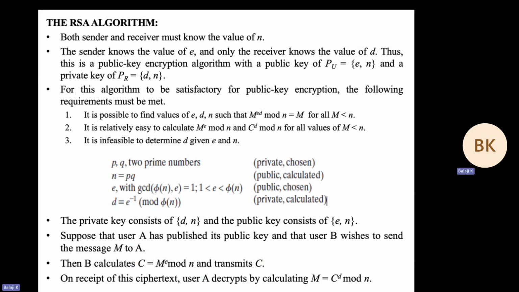Next point is it is relatively easy to calculate M power E mod n and C power D mod n for all values of capital M less than n. Yes, it is feasible to determine D given E and n. So if we want to calculate the private key value, we should know the public key value and the n value. So once we satisfy all these conditions, now we are going to see the 4 steps in this RSA